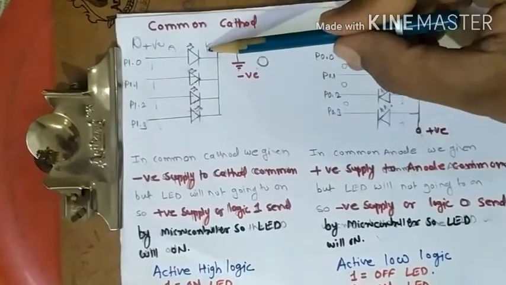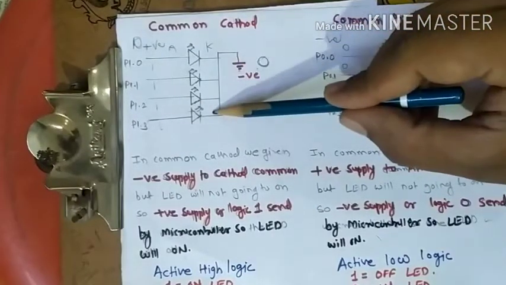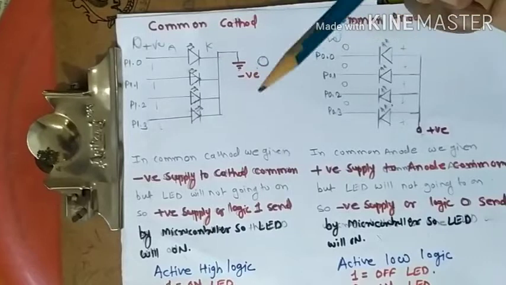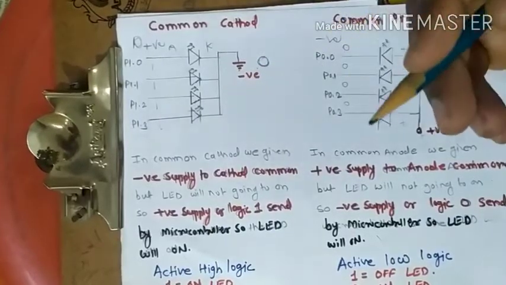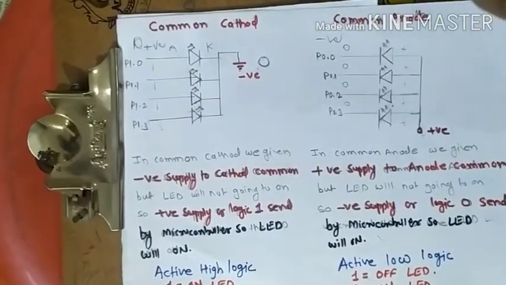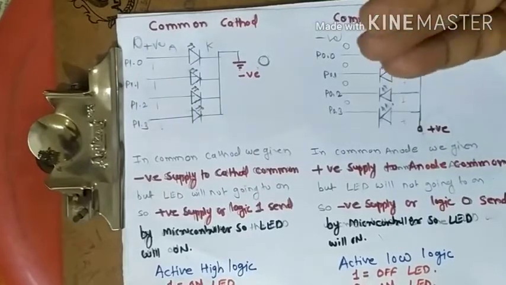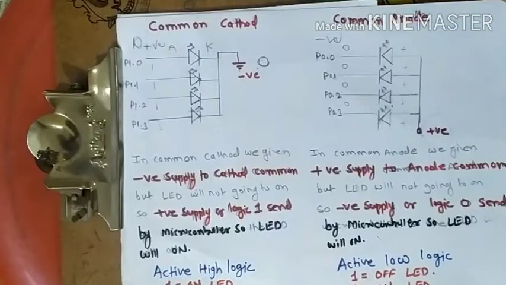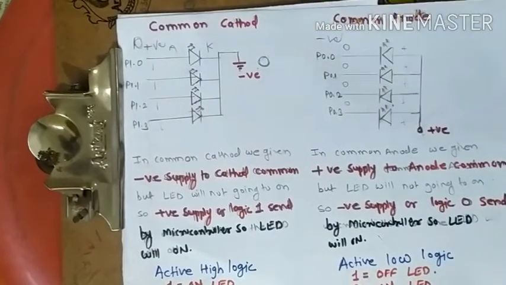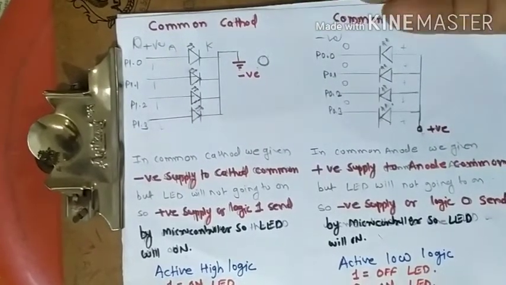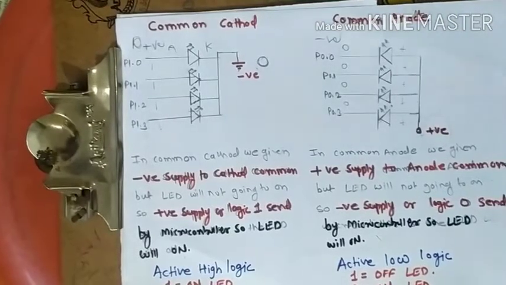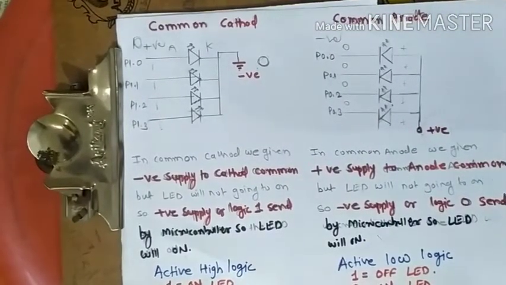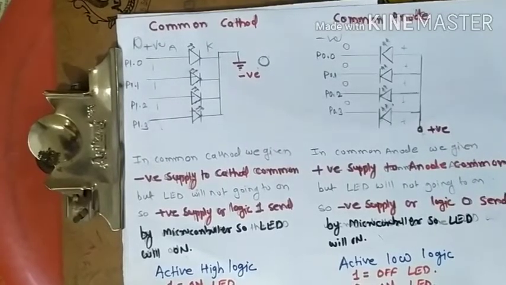So these are the 4 light emitting diodes you have to connect with your 8051. You can connect 1, 2, 3, 4 or up to 8 different LEDs with your port 1, port 0 or port 2. As per your requirement, you connect them and make them turn on and off. But try to understand when the logic is 1 and when the logic is 0.